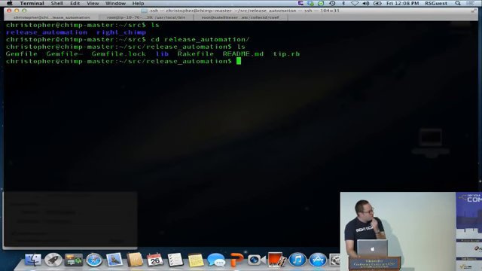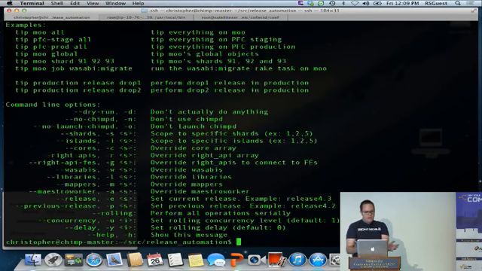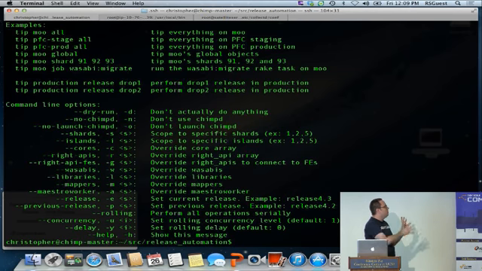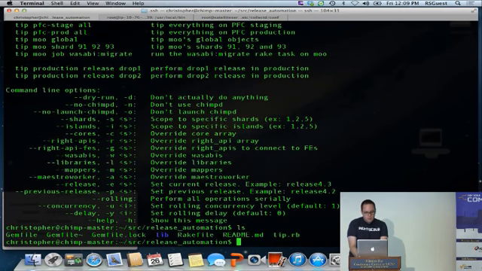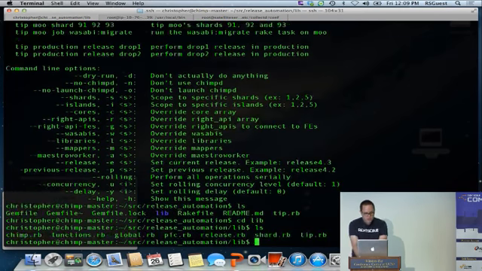So basically, if you look at the release automation, what we've got here is just a top-level script called tip.rb. And it has some options in here. This is all very much internal RightScale stuff that's not worth worrying about because it's really custom for what we're doing. But if you go into the lib directory and look at one of these files,